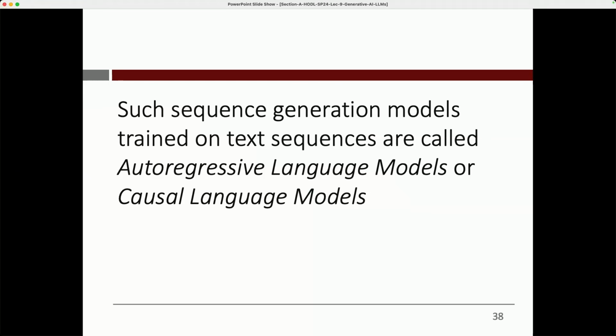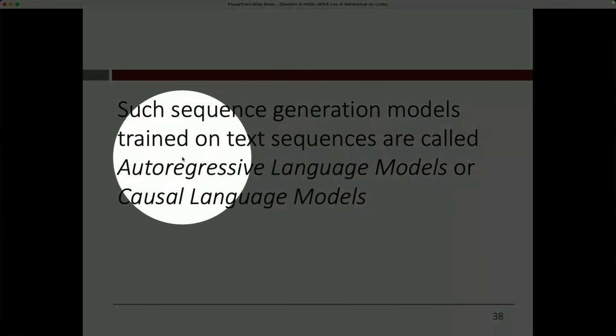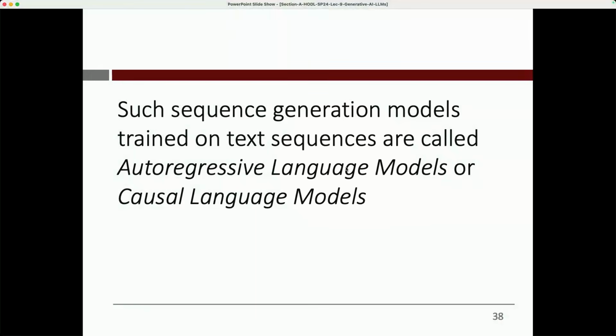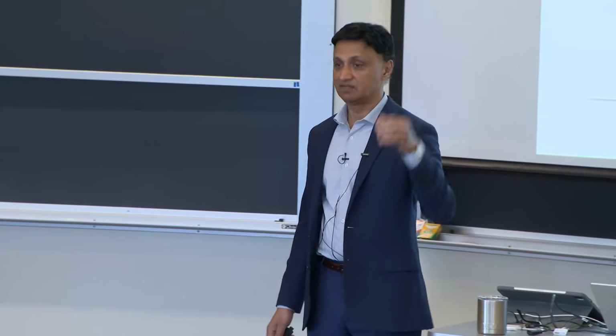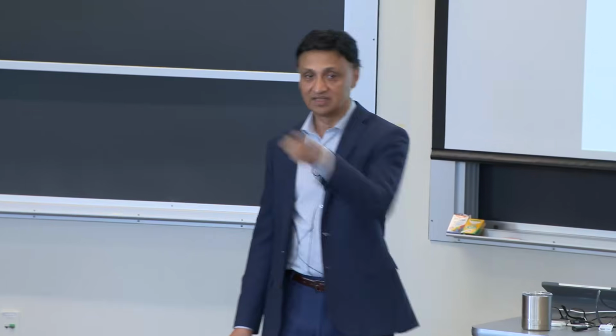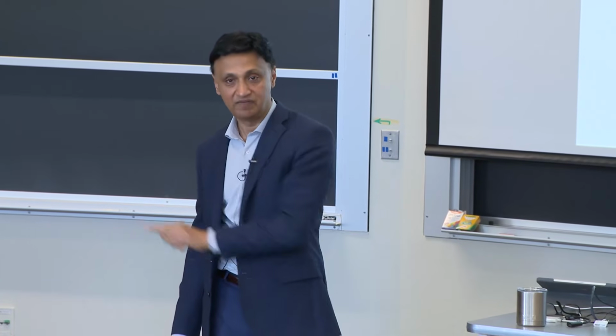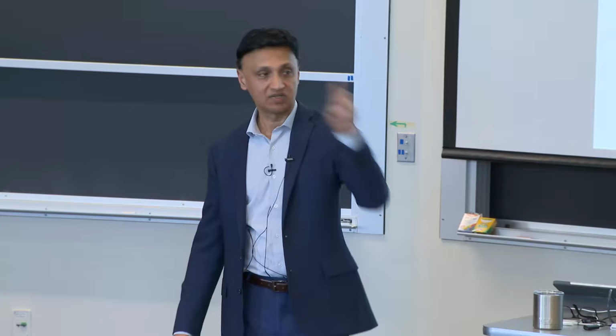Now, these kinds of models, sequence generation models trained on text sequences using next word prediction, are called auto-regressive language models or causal language models. Okay? And of course, the GPT family is perhaps the most well-known example of an auto-regressive language model. Auto-regressive, because people who have done econometrics and some regression know that auto-regression means you predict something and then you use the past predictions as inputs into the next time you predict, right? So this is the notion of auto-regression. You predict, you feed the prediction back, get the next prediction, and keep on cycling through.